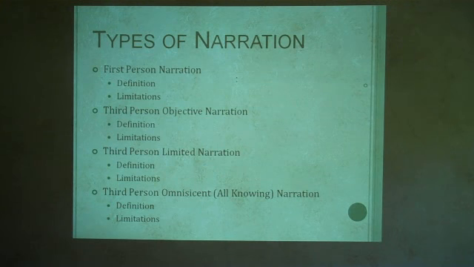The limitation of a first-person narrator is that he or she can only relate events that he or she sees. A first-person narrator can't tell us what another character thinks. A first-person narrator can't tell us what happens outside of his or her sight. The remaining 3 kinds of narration are all third-person narrators, so called because this narrator is not a character in the story. Therefore, that narrator refers to characters as he, she, or they, third-person pronouns.